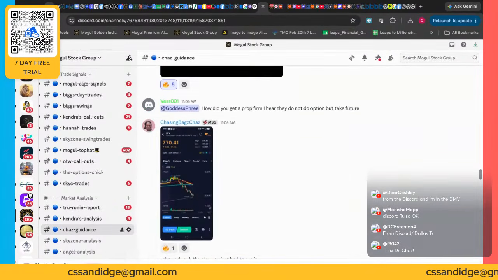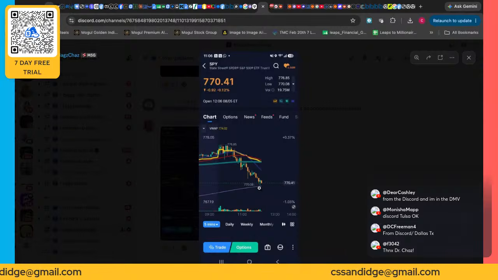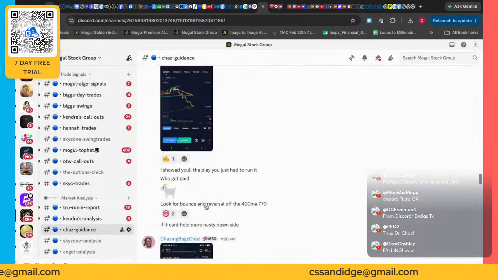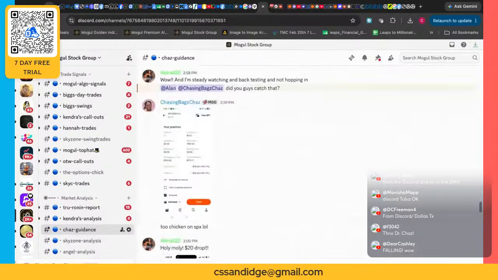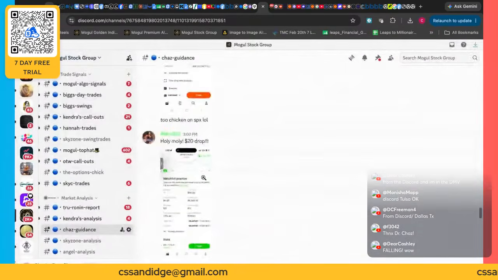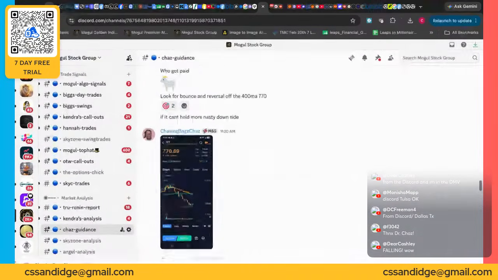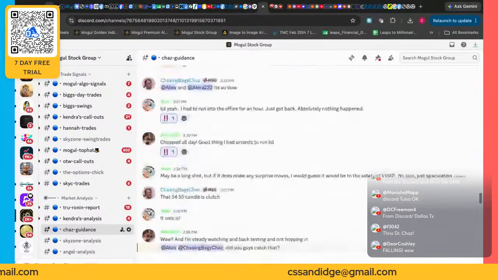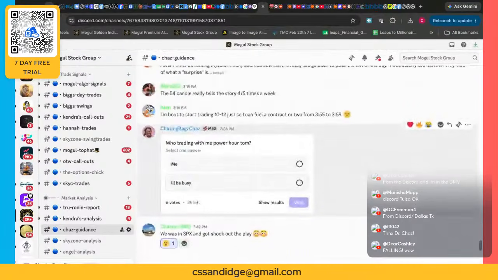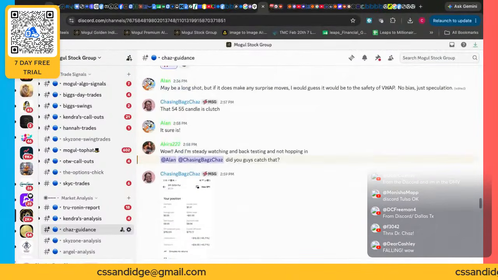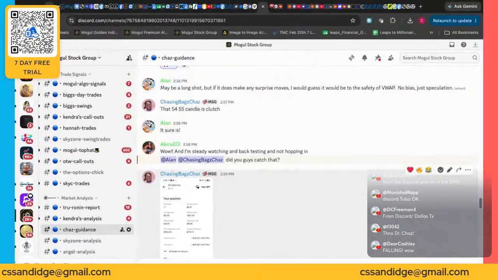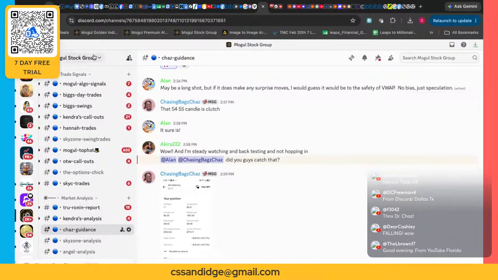I thought I dropped in. There it is. You can see we wicked to it. A few minutes later, it went right down to 769 and some change. Again, I got over 100% on the play. I was pretty satisfied. Here is the after one. Where's my actual one? I thought I put my winning one in here. I must have forgot to share it. I know I did share it on Facebook, but that position was beautiful. I got 100%. If you check my story, I showed the 100% return on that play.